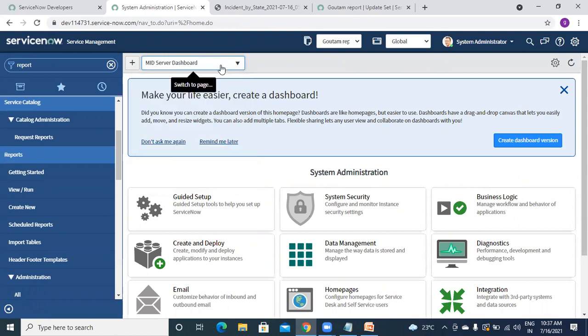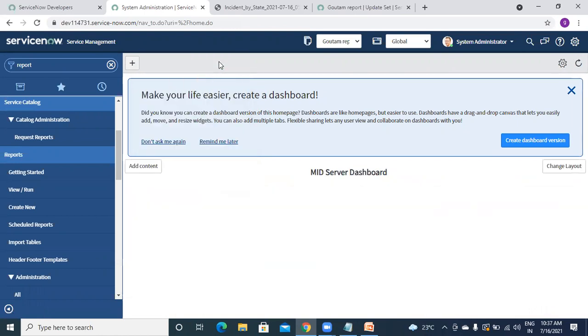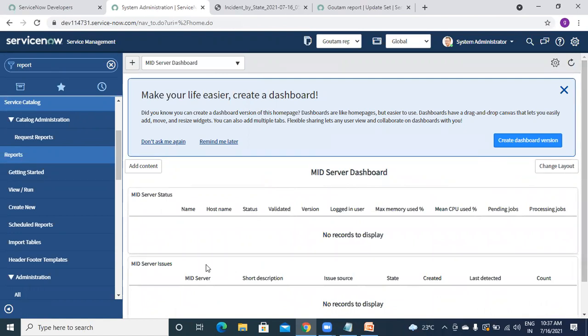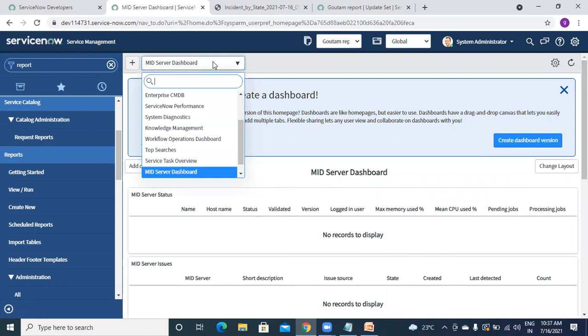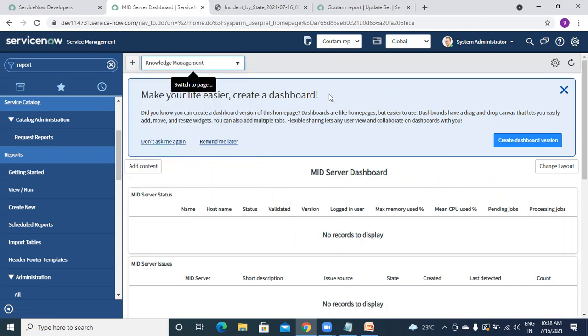Okay, mid server dashboard, this is a different type. See, this is also a dashboard to check mid servers, what is the update on the mid server, something like that. Then we have this knowledge management dashboard, I guess.